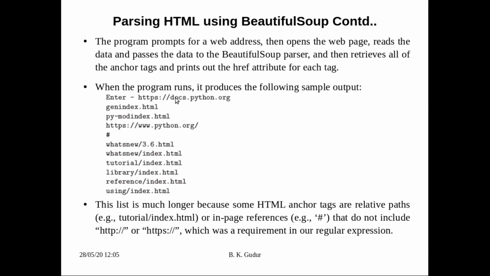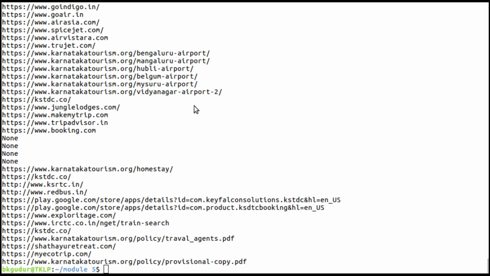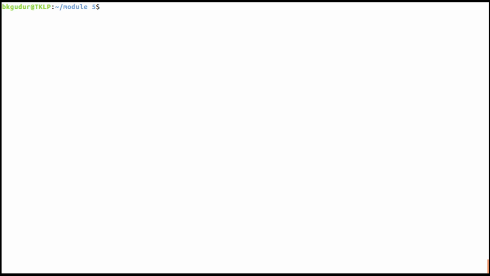docs.python.org, what I do is run this program once again and show you with a different URL. The URL that I am going to use this time is, yes, what I did initially using RE.